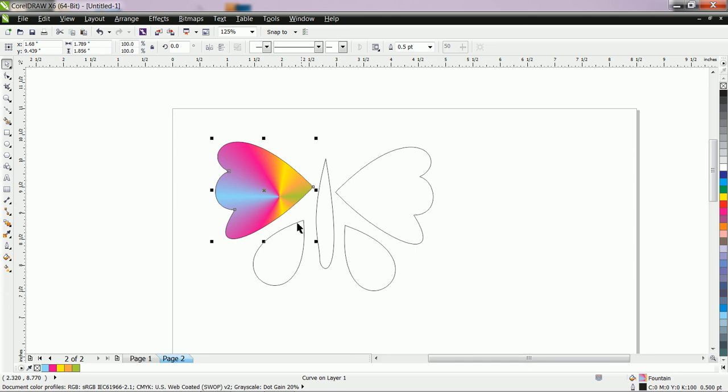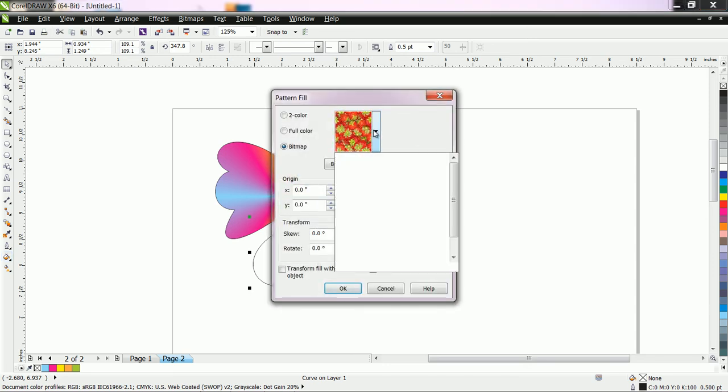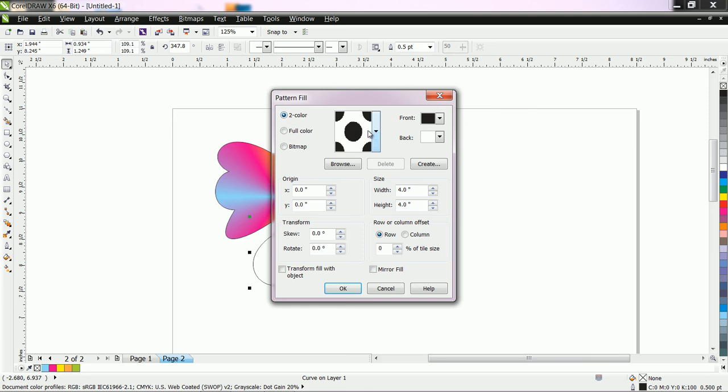Okay, you can also fill it with different pattern. You can use any fill method. There is no restriction. Let us use two color pattern.